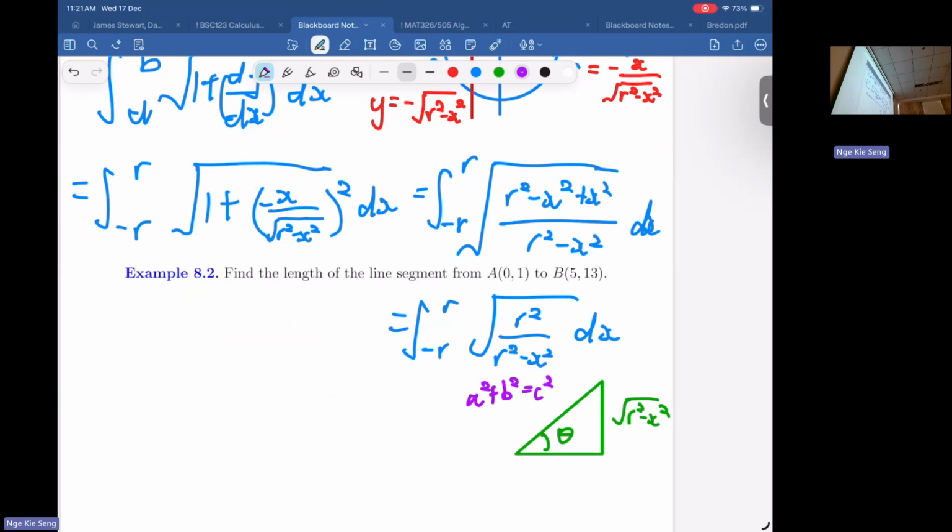Okay, so because you have r square minus x square, right? So where's the appropriate place to put r and x here? To get a minus sign, you should think of it like this: c square minus b square equals a square. This is a proper way to produce this minus sign. So you should think of that r as a hypotenuse. Okay, so you put the hypotenuse as your r, and